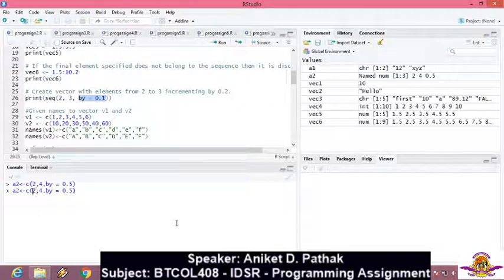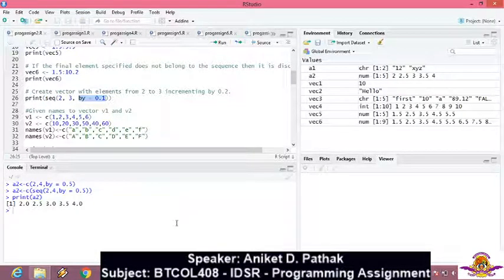Let's see if we can have a sequence function that can be incorporated in the C function to store it. So now if you see, that is the way you do it. So print, let's see the value of A2 vector, whether we are getting the output.